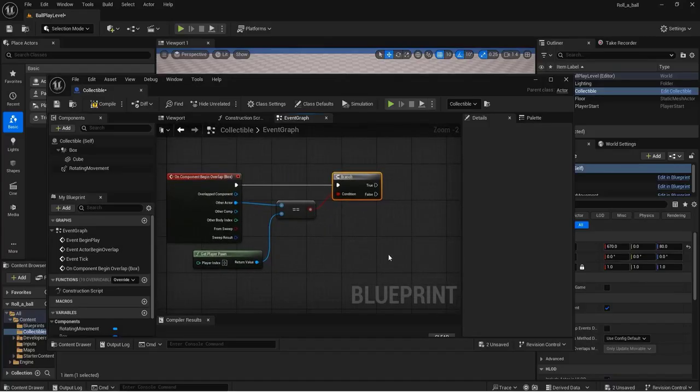So we want to add a collectible count. And collectible count, that should go on to the player state. So we don't want to put the collectible count on this object or another object, because if it disappears, then the collectible count will disappear. So we're going to isolate that information onto a player state. So let's compile and save this